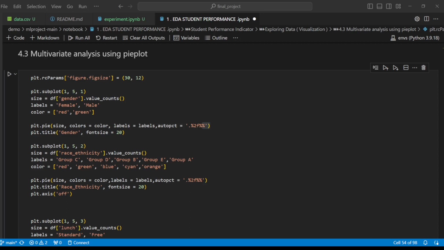It counts the values, meaning how many females there are and how many males there are. So that's why this is used. And after that we choose the color and the label, then we create a pie plot, where we define the size as the value count, the color is color, and the label is label, and autopct means